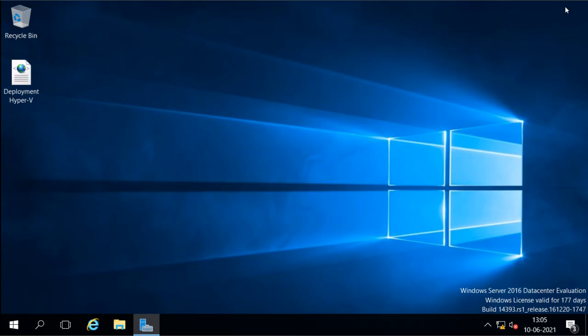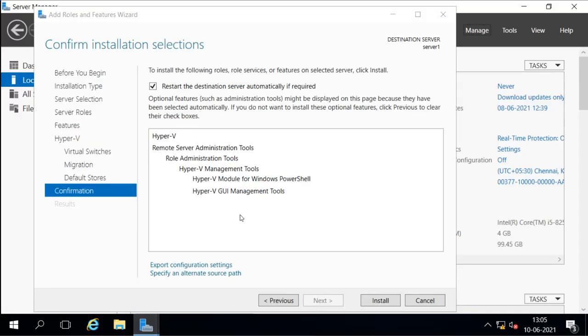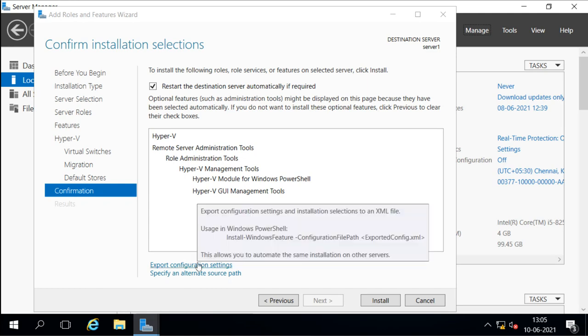Basically, with this script we can do an automated installation. We don't have to select everything again. Suppose I want to install the same feature, the same role, on some other server, but I don't want to do it through the wizard. I want to do it from the command line and install the same features and roles on that remote server. So I can use the script which I have saved. When you hover the mouse here, it shows this is used in Windows PowerShell.